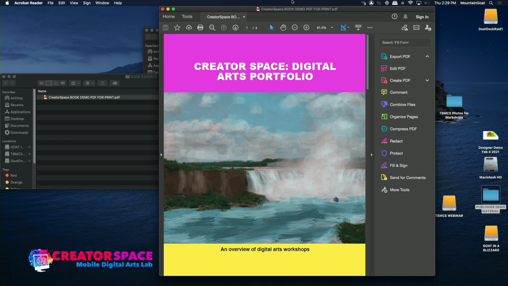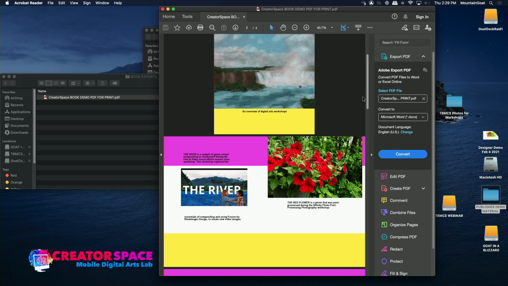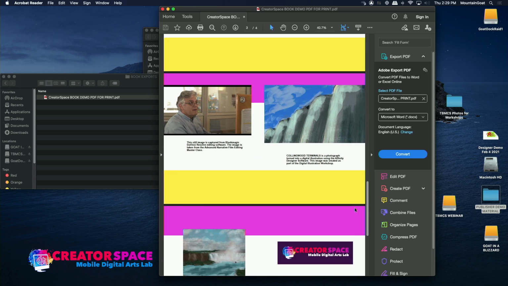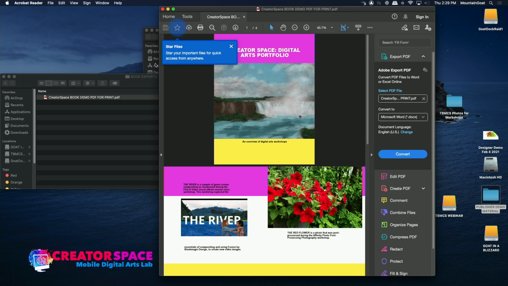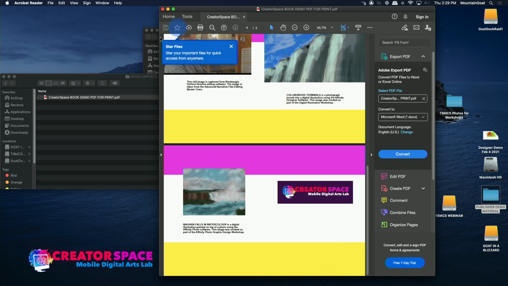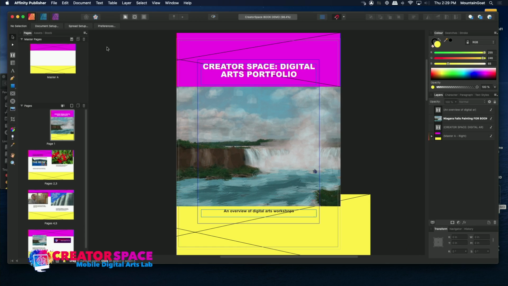So here we go. Page 1, 2, 3, 4, 5, 6, 7. And that's ready to be printed. Right? So that's all of our work ready to export and print. So that's one way. Now the other way we can do it is, let's look at some of our other